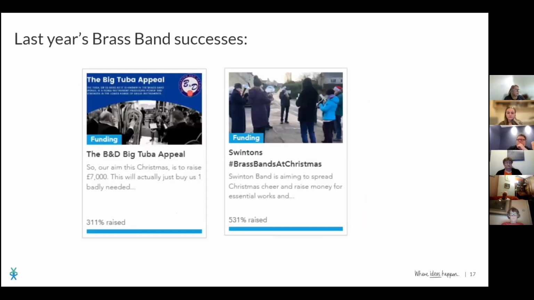So again, worth looking at these 2. We had 30 projects last year, and these are the 2 that did really well. You can see the Big Tube repeal, they had match funding, they really told their story, they got really creative with it. Swinton's smashed their targets too. So use your fellow band members for inspiration, as well as other projects that are available on Crowdfunder,